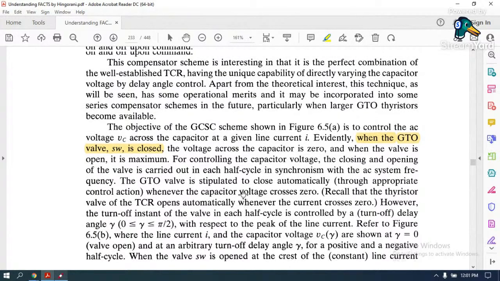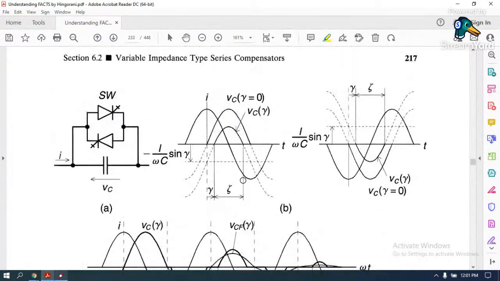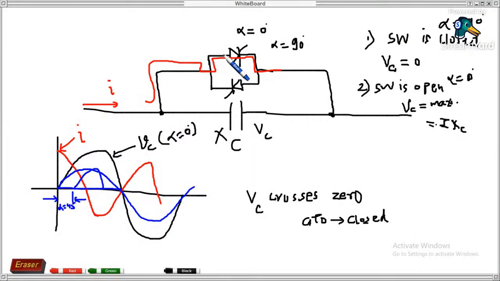However, see here, when the capacitor voltage crosses 0, here it crosses 0, or here the firing angle is alpha. What about the GTO? GTO gets closed. Then can you tell me what will be the voltage across the GTO? Zero. Right? See the sequence, when capacitor voltage reaches to or